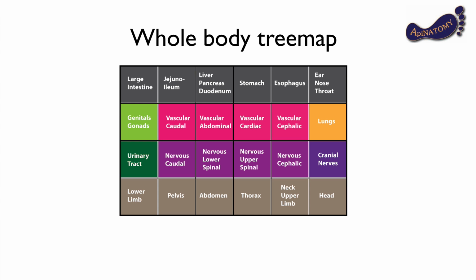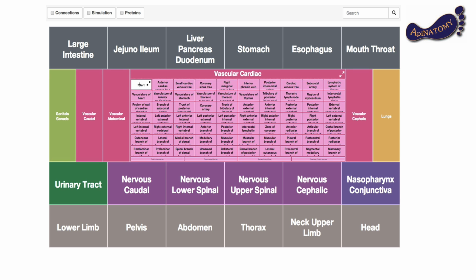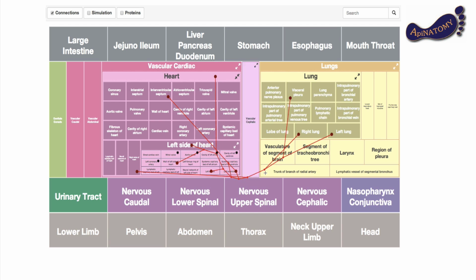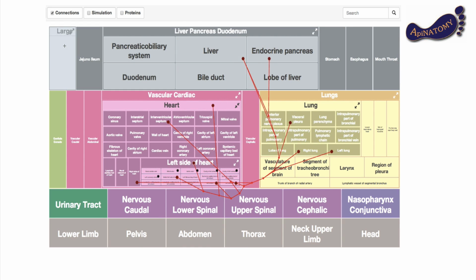For instance, the whole-body tree map here is constrained to create a continuous epithelial border on the perimeter, or coast, of the map. The landlocked tiles in the center make provision for advective cabling to be laid down. For example, here we create a circuit board with edges representing advective flow of blood overlaid onto the relevant location tree map of tiles. The ApiNATOMY toolkit provides a graphical user interface for navigation and interaction with the elementary components